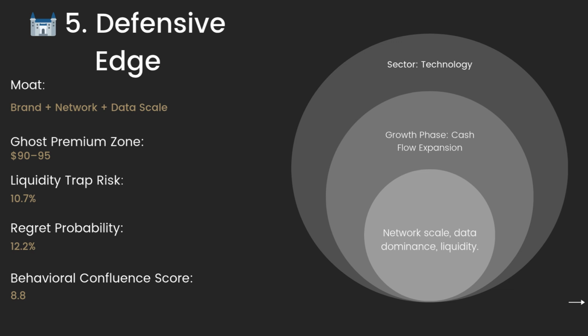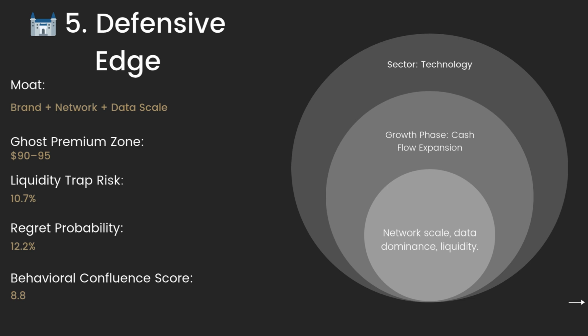But in terms of the liquidity trap risk, I'd say this is around 10%, 10.7%. There's some risk, but this is a pretty strong company, pretty stable. If you look at their 5-year chart, you can see that they are pretty consistent, and that's a good way to see: is this a company that if I get in, will I lose my money? So there is some risk involved, of course, but a lot of massive moves are happening, especially around earnings. Now, in terms of the behavioral confluence score, I'd say this is about 8.8. It's pretty strong. A lot of things are lining up very well for this company, so it's on the right